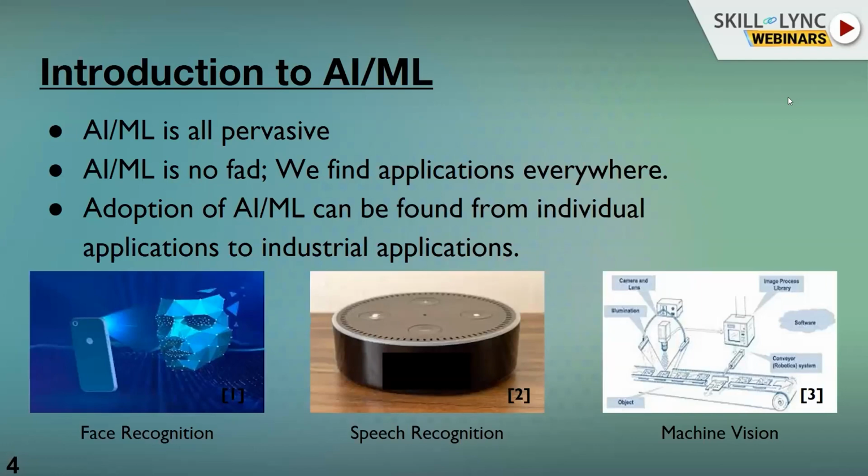Now, we have been hearing about artificial intelligence or machine learning, right? And we see this everywhere in newspapers or even in social media, on the internet. So there is a lot of buzz about it. But is it all theoretical in nature, or do we actually see any applications of it? Knowingly or unknowingly, we are already seeing these applications. So this is not a fad, right? For example, the face recognition that we see in mobile phones, or the Alexas of the world, we see and we are using already.